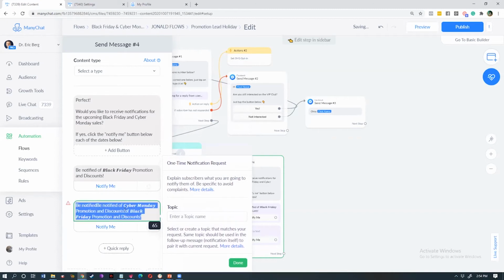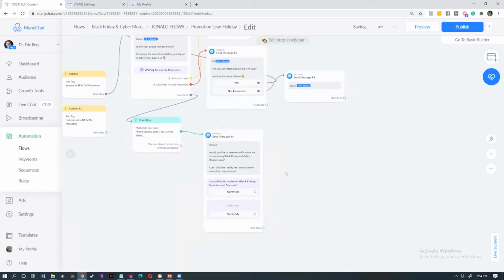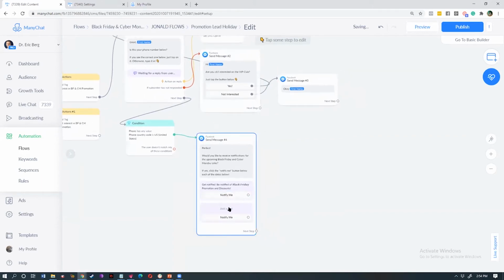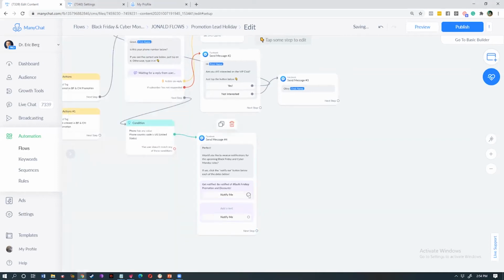Oops. And topic would be Cyber Monday as well. Now, for future broadcasts, you can use these OTN topics as your messenger tag. It didn't save the copy I wanted. So once we have the OTN topics, on the bottom you will see an